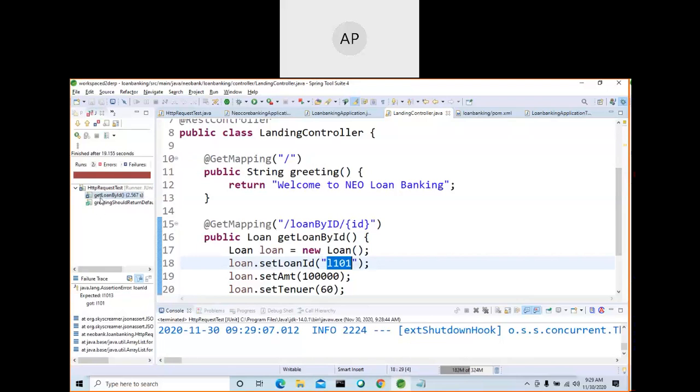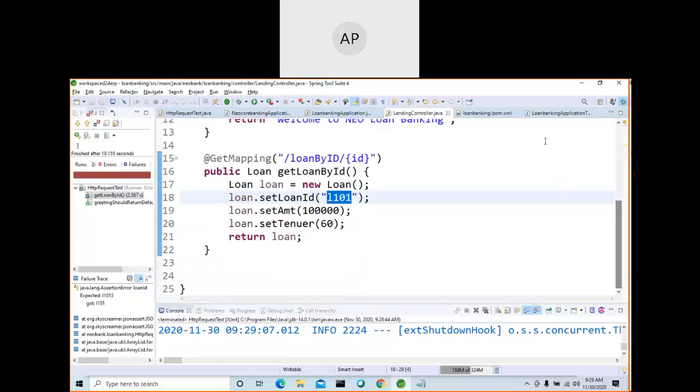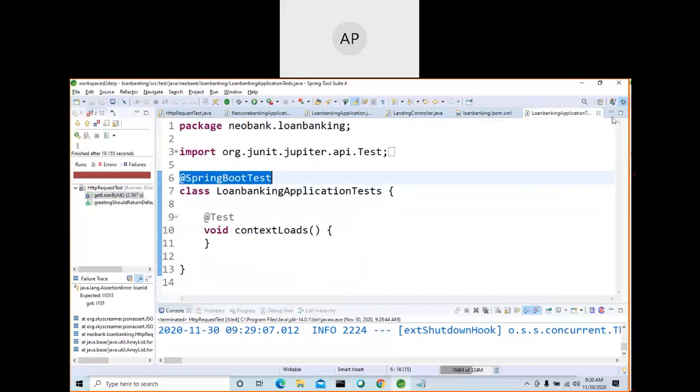See here, you got this one as a fail. Why? Because you are expecting 101 and 1 lakh 60,000 as tenure, but it will return something else, because from the controller you are returning 101, right? The value is 101, or 101 13.